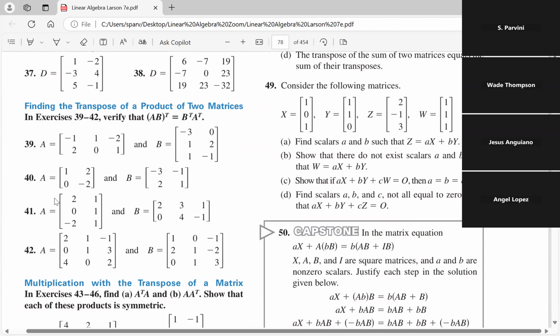This is section 2.2, and we're doing number 42. So I'm just writing the matrix A: 2, 0, 4, 1, 1, 0, -1, 3, 2. Matrix B is 1, 2, 0, 0, 1, 1,